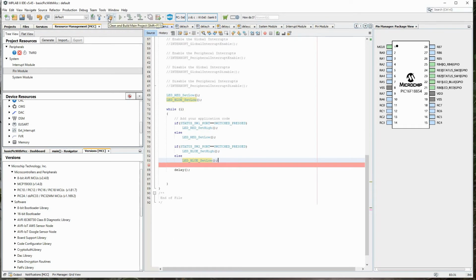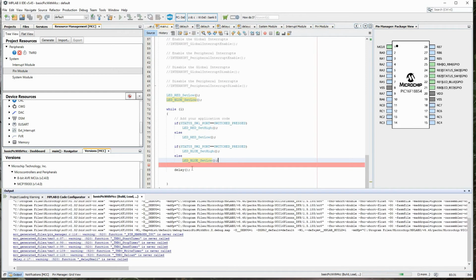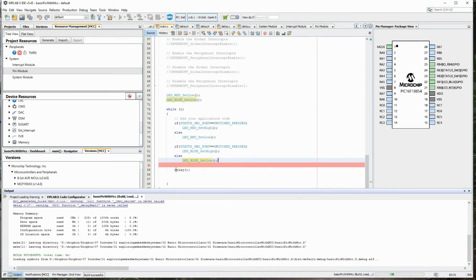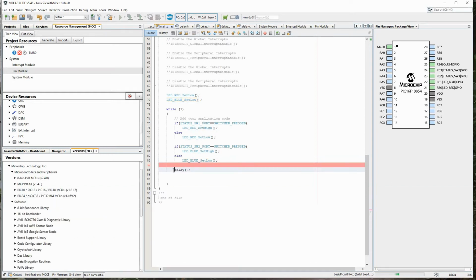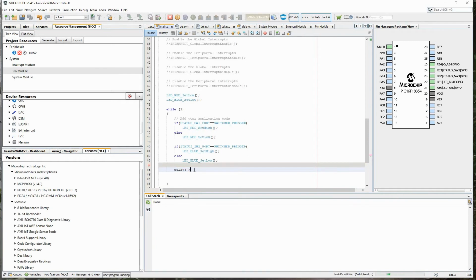Okay, let's simulate it and see what's happening. So if I start the simulator, it's here. This delay is not required now. Let me delete it and restart it again.